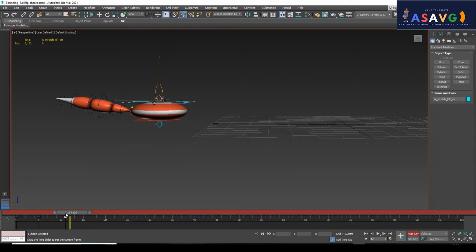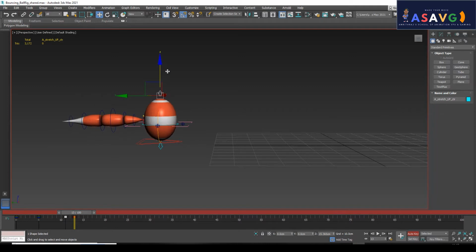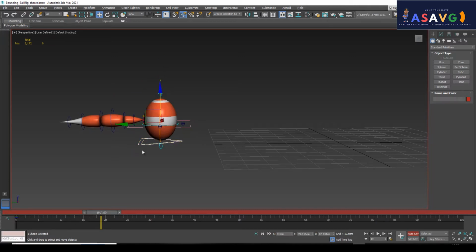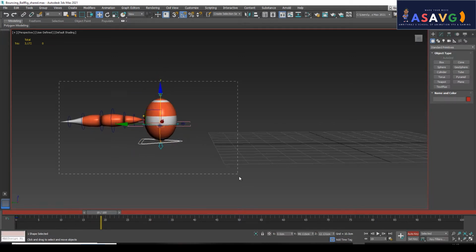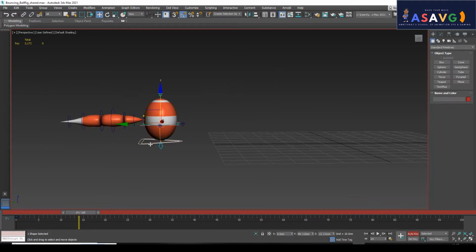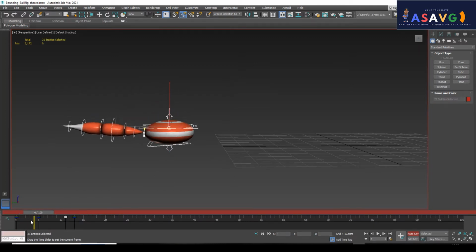Then we'll go to the next frame. The next frame should be quicker, so I'm clicking here and making him go up. So he is behaving quickly and he is going to jump. On the next pose I am selecting the whole control. You can see that not all controls have keys. The whole control has a key, but look at this control, I am not seeing any keys, right? So I have been checking here.